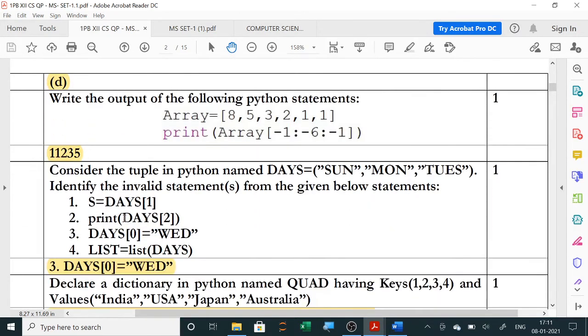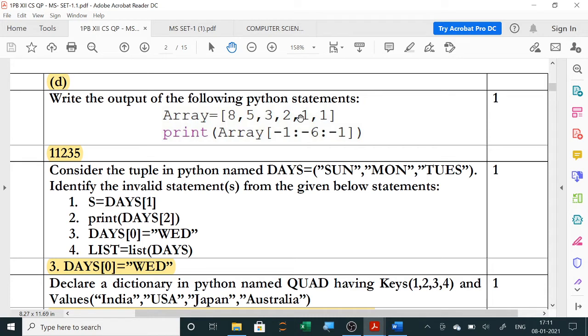Next, write the output of the following Python statements. Now here you can see again an indexing question. Reverse indexing, -1 means the last one. So 1 will be the output first, and it goes till -6, printing one by one, and -6 means at -5 it will stop.